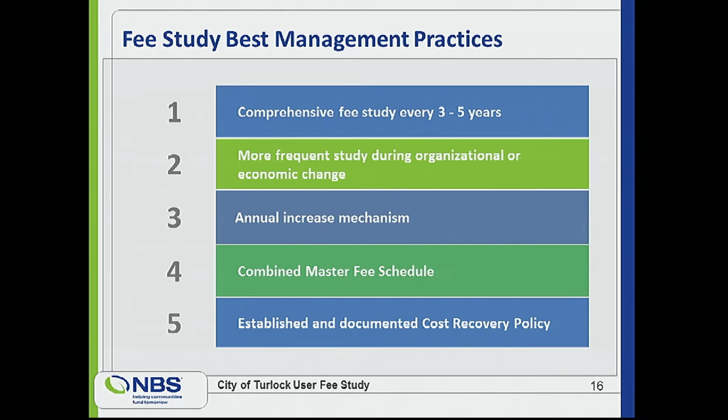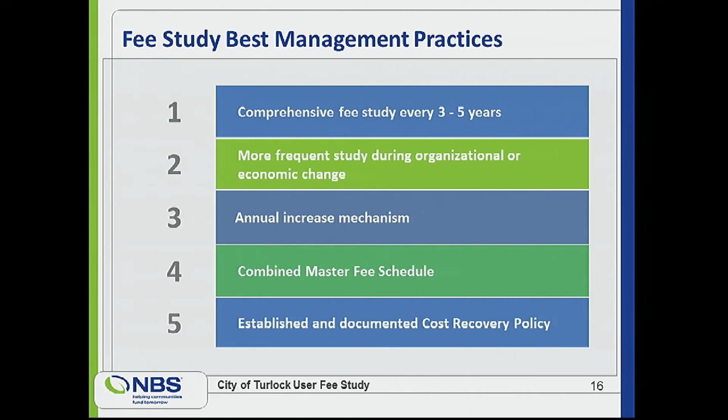In between a fee study, you can use an annual increase mechanism. And usually I do CPI or salaries and benefits. One thing to note, and this is going to be specific to this council, is you will see there are a few fees in here that there is a dramatic shift from the current fee being charged and the projected full estimated reasonable cost. For example, in your grading and encroachment permits, you're seeing from $200 to $1,200.